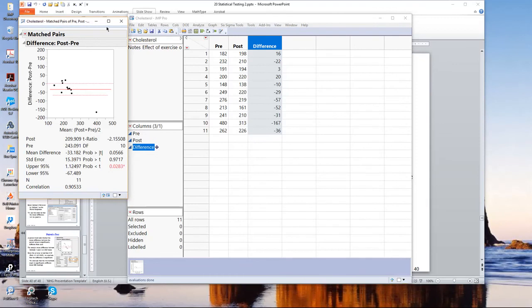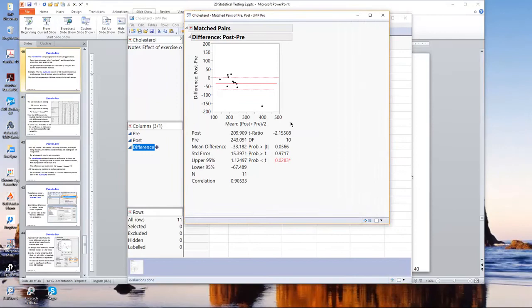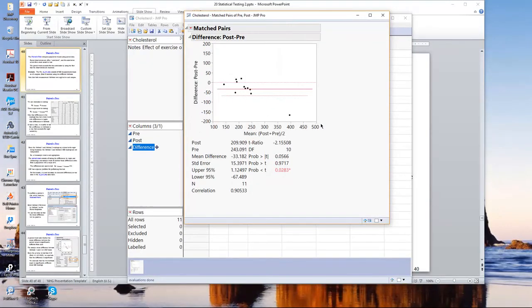Okay. So JMP will actually compute the differences. And then we get the report. And the key to the report is to take a look at what is actually a one sample t-test for the paired differences. And notice this is borderline if you use the 0.05 criteria. Given there are only 11 subjects in the sample, I would reject the null hypothesis, and I would assume that there really is some effect of the diet and exercise program,